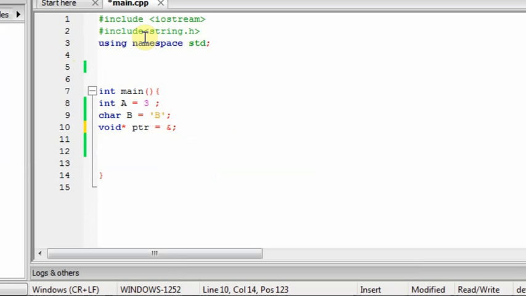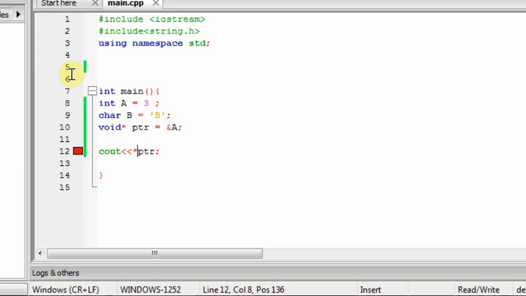And if I also store the address of a, it will give me no error. But it cannot be used directly to print the value like this. If I print like this, it will give me an error because the pointer has no data type, so it cannot give me the value.